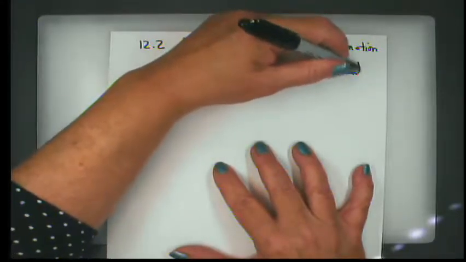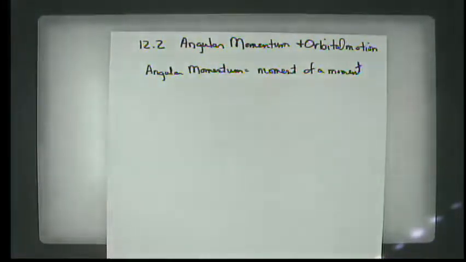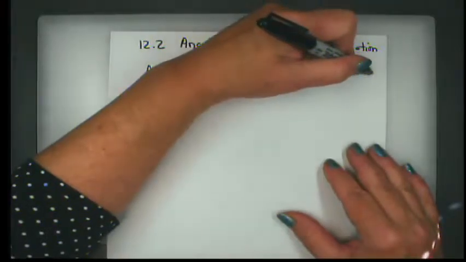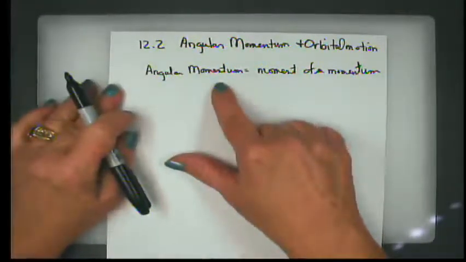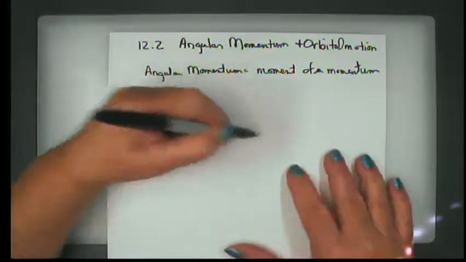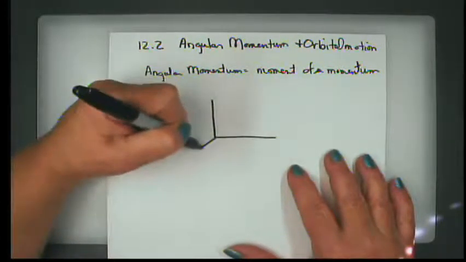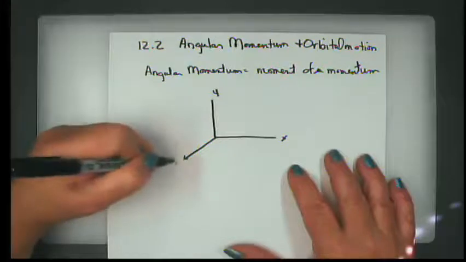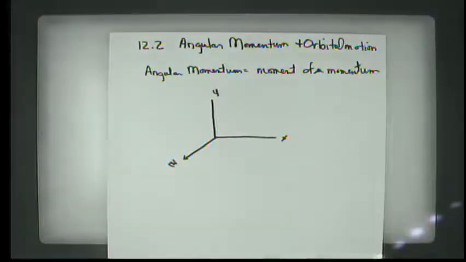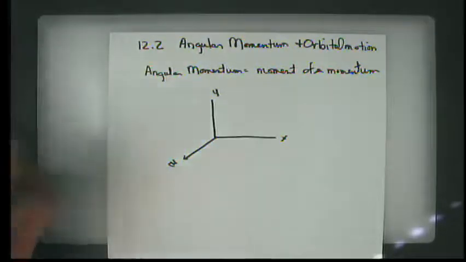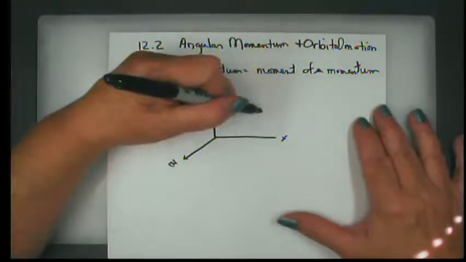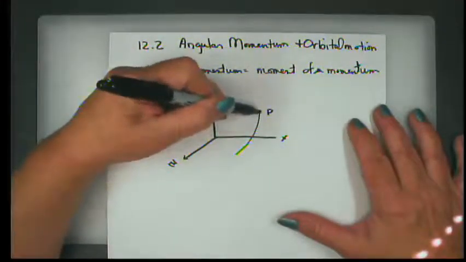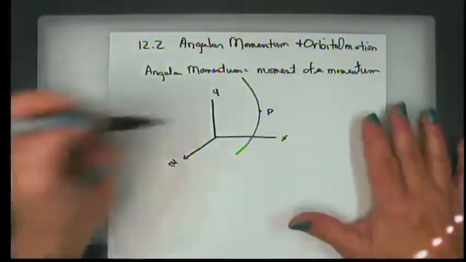So I'm going to spend just a very short amount of time talking about the most general, the moment of momentum is what I should say. Sorry. I'm just going to take a minute about talking about what this is physically, and then I'm going to drop into our most important application for this, which is orbital mechanics, and some of the simplifying assumptions that we can make when we're talking about orbital mechanics. But basically, if we have a particle, which we can just call P, and P is moving in some fashion along a path, whether it's curved or straight,